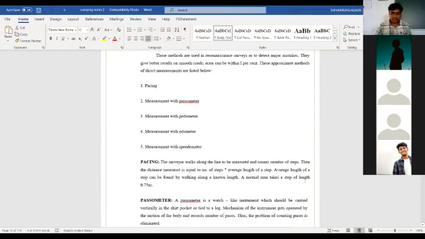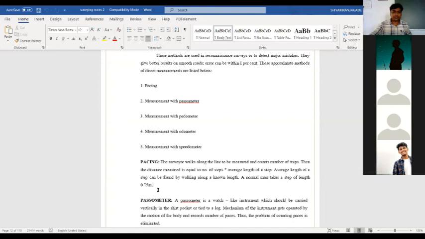And the steps, usually a normal man walks with a length of each step that is 0.75 meter. This you have to understand. Whatever the walk length is, one single step that we take, that length will be 0.75 meter. The number of steps he takes, that much length he is going to cover.